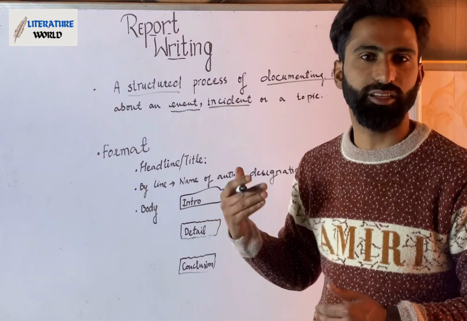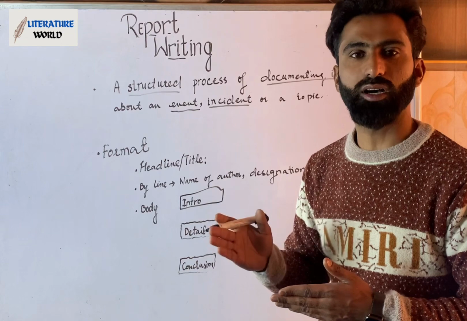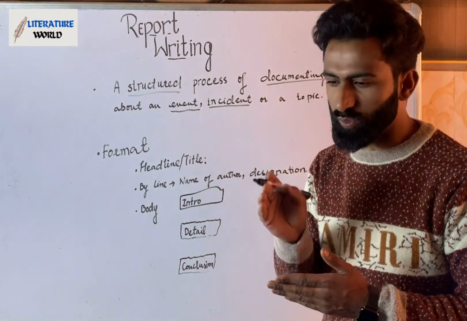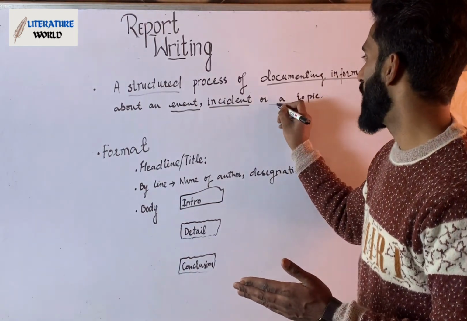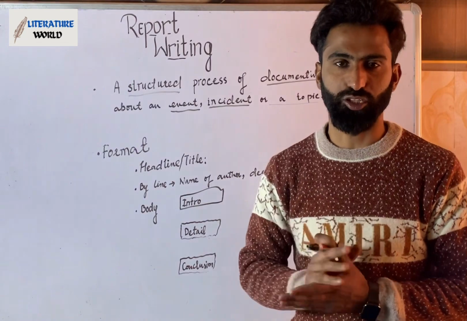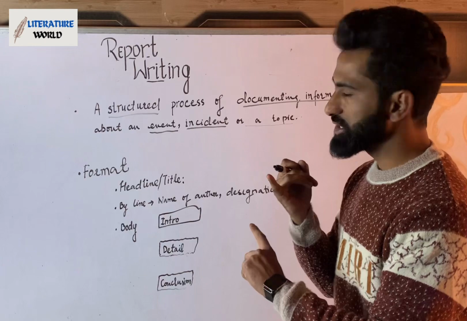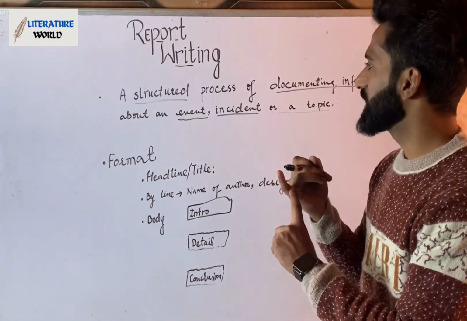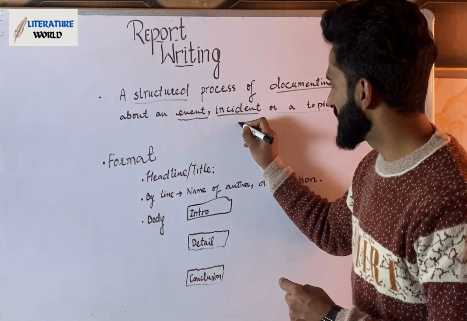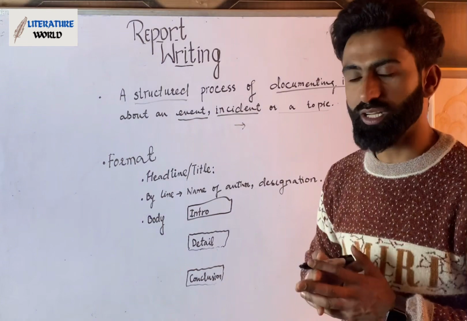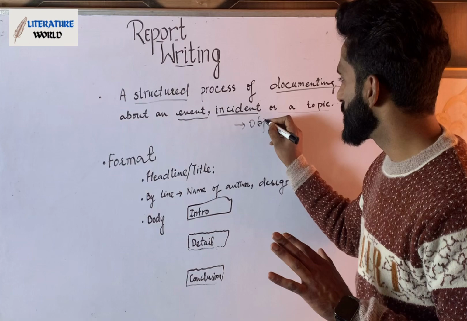It usually happens in the newspaper, some accident, some mishap happens, and as a reporter you are supposed to write the report of it so that when the readers read it they get the picture of it, and it can be about a particular topic, my dear students. So it must have a proper structure. It should document the information about an event. And remember one more thing, that this documentation of information should not be subjective, it should be rather objective.